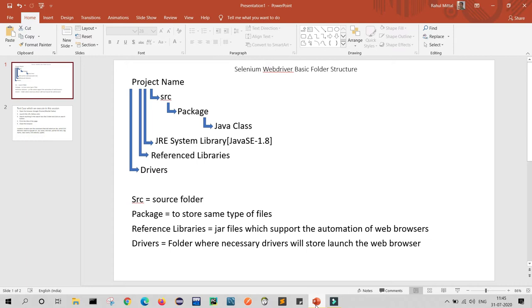Friends, as you can see on my screen, this is the basic folder structure for today's video. I will create a project name. Inside the project, a source folder is automatically created. We will create our package inside the source folder, and inside the package we will create our Java classes. Now, what is the source folder? Inside the source folder